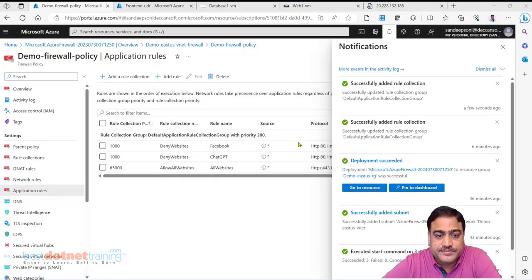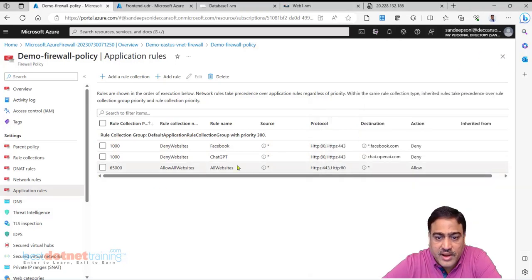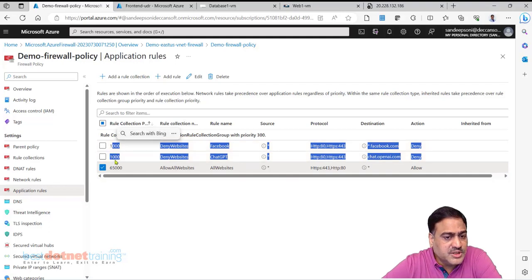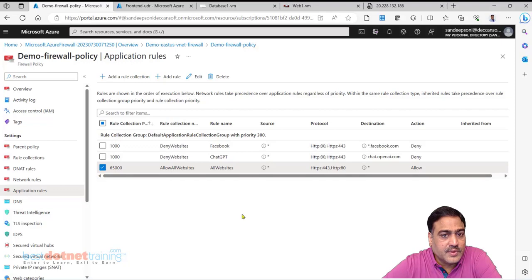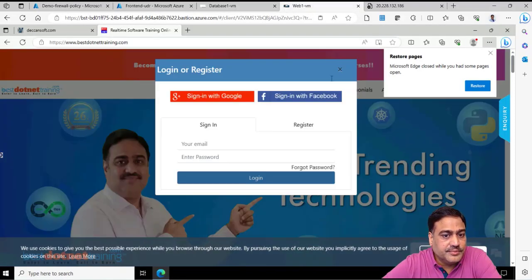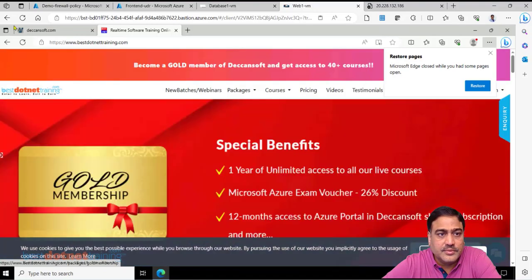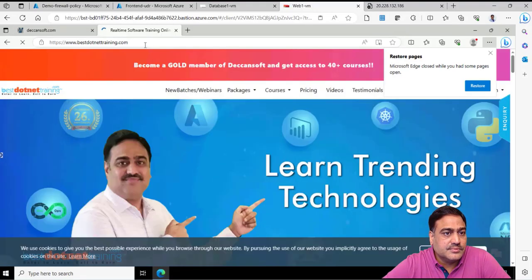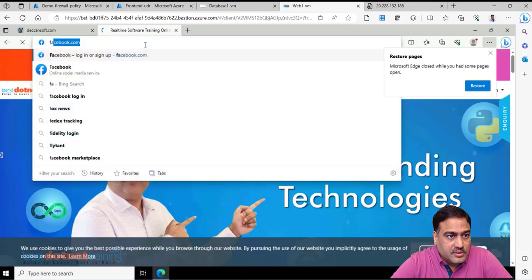Successfully added. And now we have all the three rules successfully added. This is allow, low priority, and deny, better priority. Now check up. Refresh. This should work. Yes.